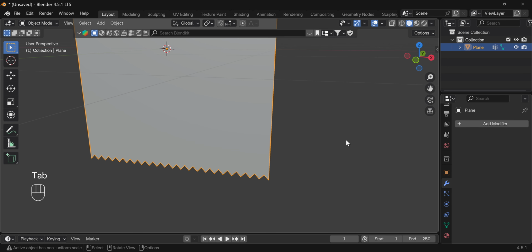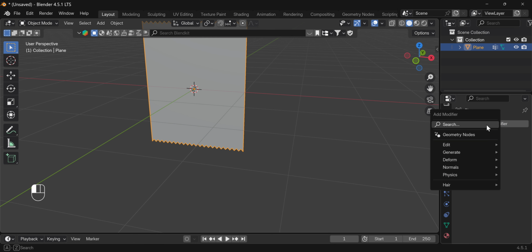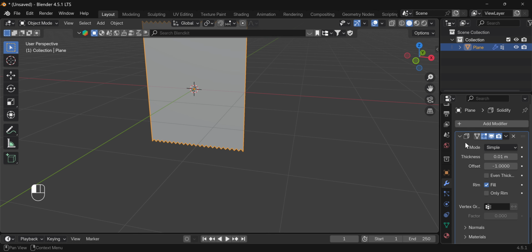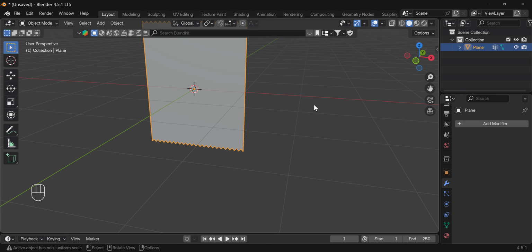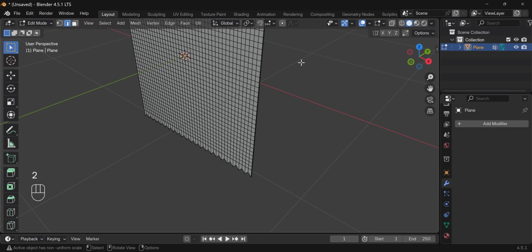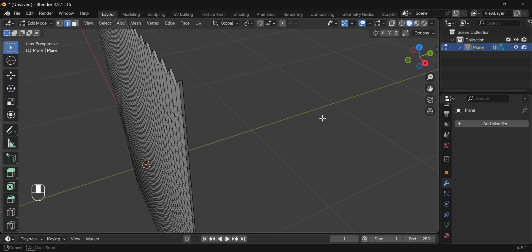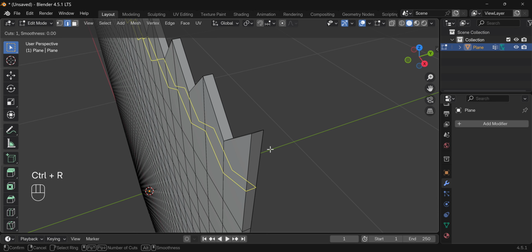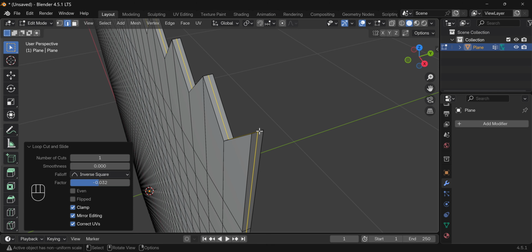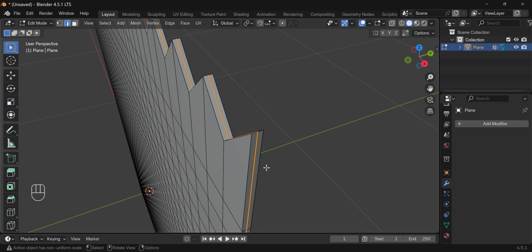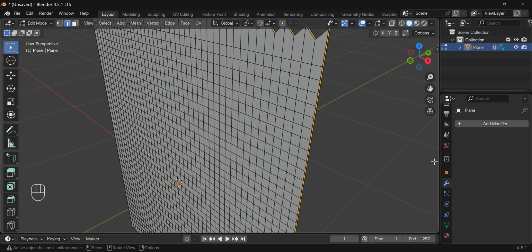Now we will add a solidify modifier to give it a thickness. So just add a solidify modifier to it and apply it as it is. Now you can see there is a thickness in the plane. So now in edit mode we will add a loop cut. We must be in the edge select mode. So add a loop cut in the middle of the packet and by pressing right click, mark seam,